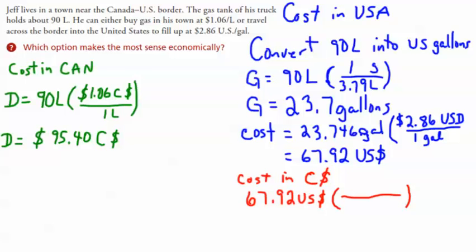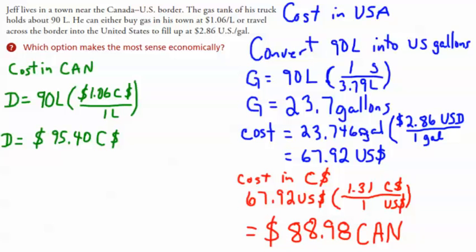Again, this answer is going to change depending on the day and how much the Canadian dollar is worth in US dollars. Again, I want to cancel out the US dollars and replace that with Canadian dollars. I said it was $1.31 Canadian per $1 US. When I do this, we cancel out the US dollars and we're left with just Canadian dollars. And I get